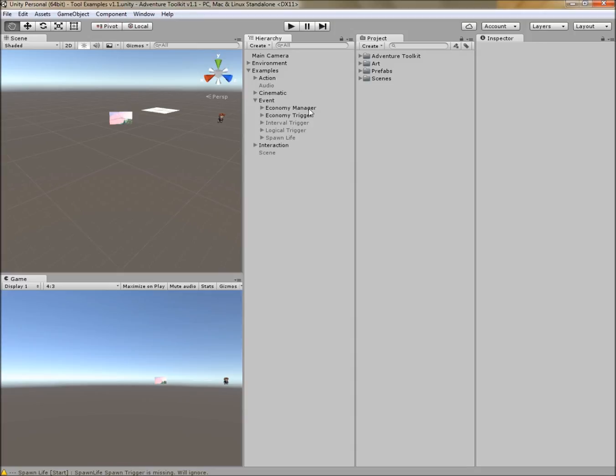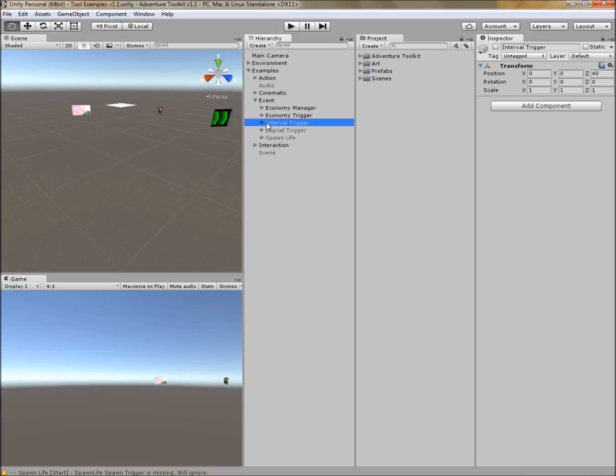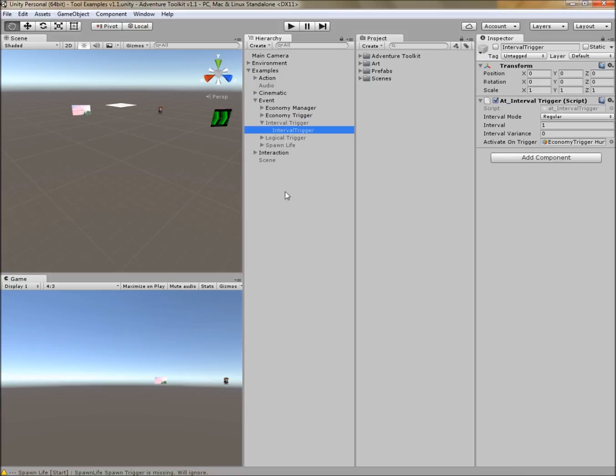Starting with, in the event category, IntervalTrigger. The IntervalTrigger is designed to trigger other objects or activate them on time intervals. Let's look at the properties. First is interval mode. So this tool can activate another object based on a regular time interval, like once every second or once every 5 seconds, for example, or a range of time intervals, a random range, or a Gaussian